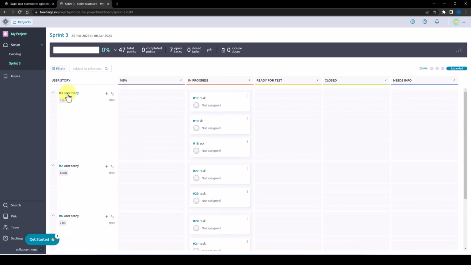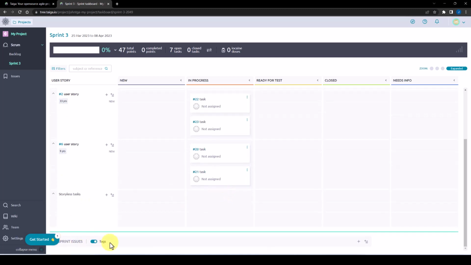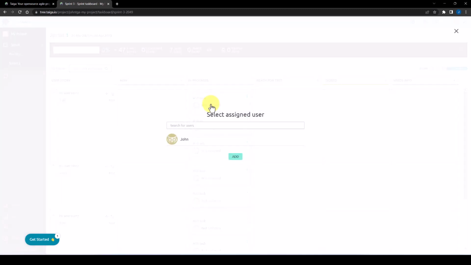So we have 1 user story, 2 user stories, and 3 user stories with their associated points and their tasks. Once again, we could add sprint issues here. Say for example, we had a problem, one of the team members had a problem undertaking this task. If we select it,